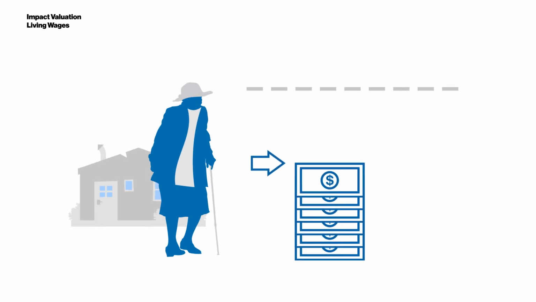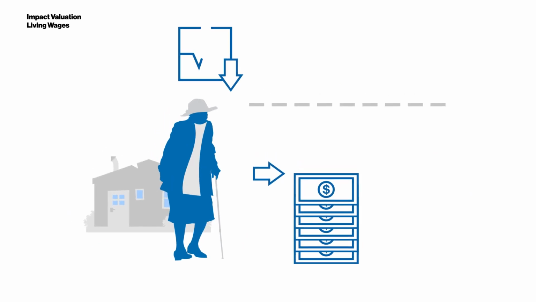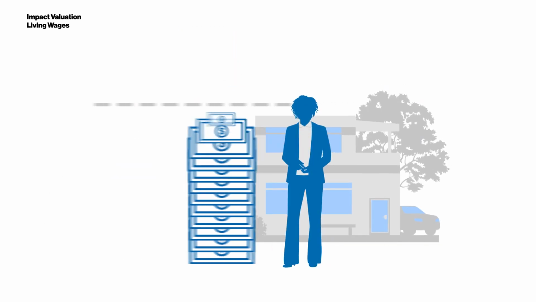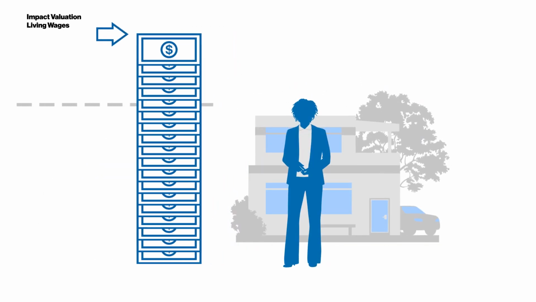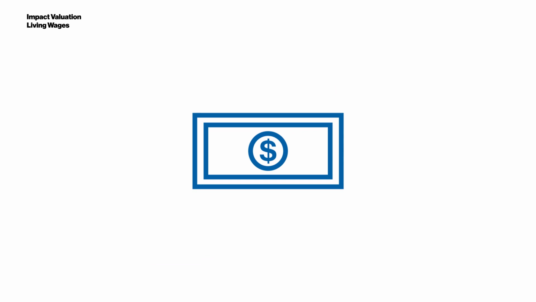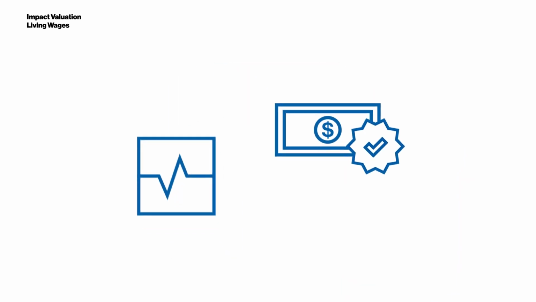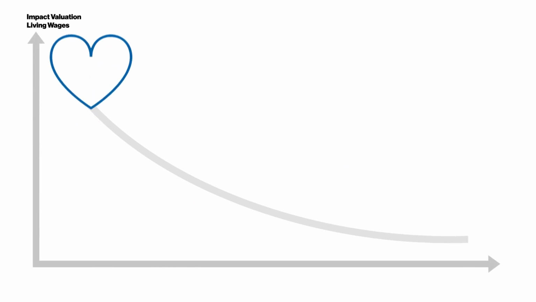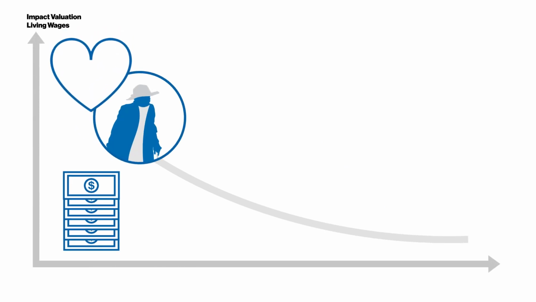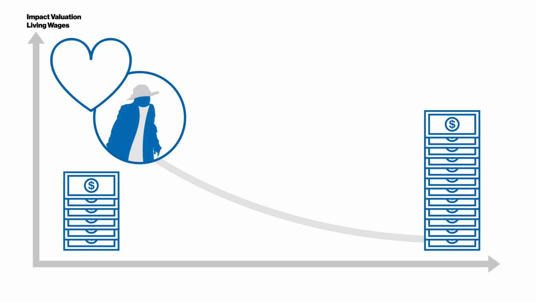Receiving a wage below a living wage threshold reduces the quality of life and life expectancy. On the contrary, receiving a wage above the living wage threshold will positively influence life quality and expectancy. Therefore, income, life quality, and expectancy are intimately correlated. An increase of wage will matter more to a person getting a low wage than to an already well-paid person.